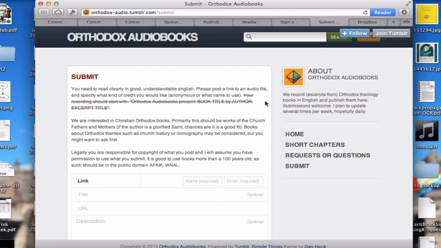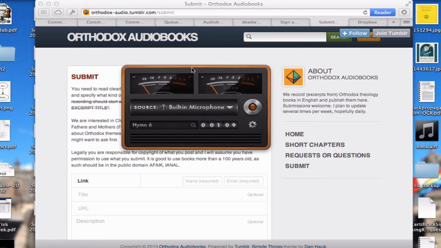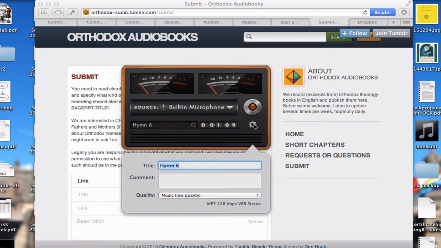So first, the tools I use. I use two apps. One is called Piezo. It looks like this. It's a very nice, simple app. And really all you need to do is click this little wheel here and type in the name of the chapter you want to record. So what I'll do is I can just type in test, and